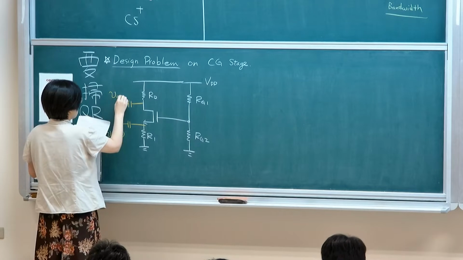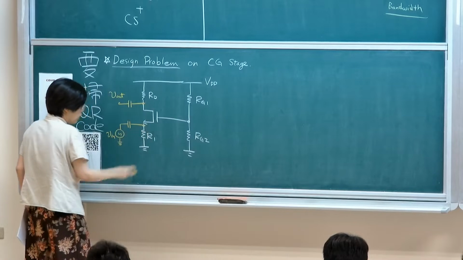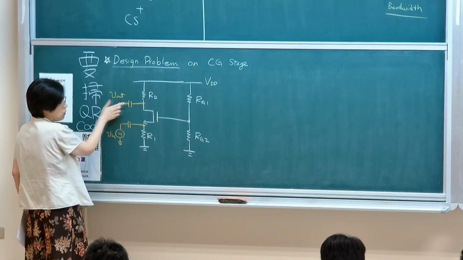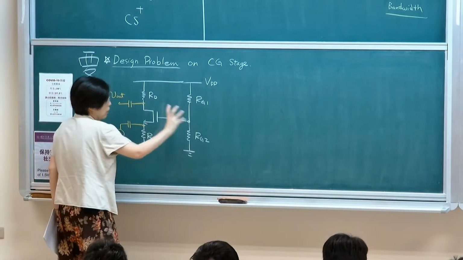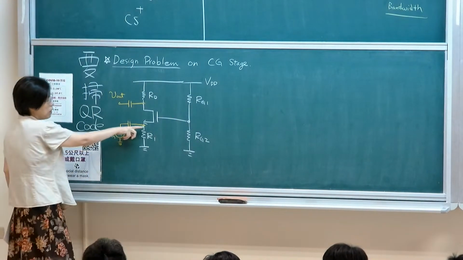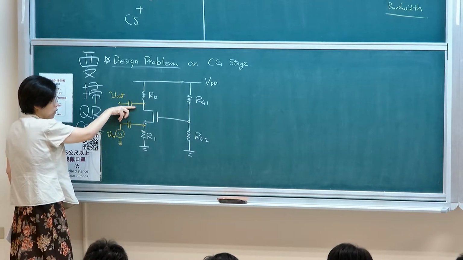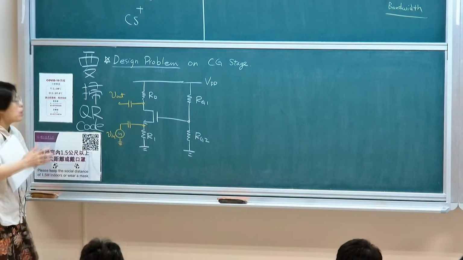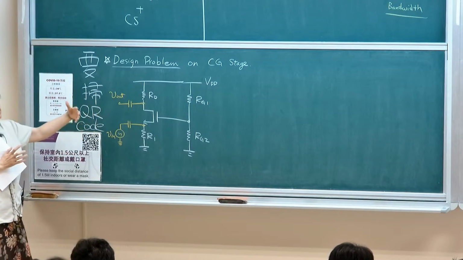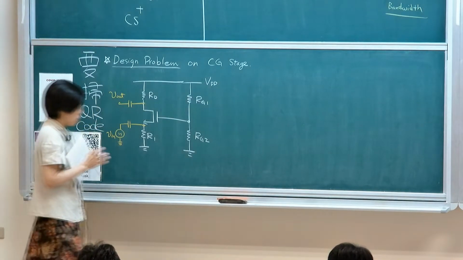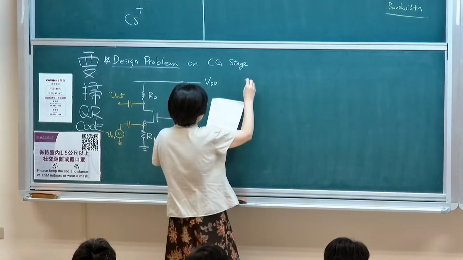And this is my output terminal. So if I give you the circuit, you look at where the signal is coming in and where the signal goes out. You know that it's a common gate structure. The gate is being biased by this resistive network, with input coming in from the source and output going out at the drain. So knowing where your input and output are, you should be able to define which type of architecture you're actually using. So this is a common gate stage.